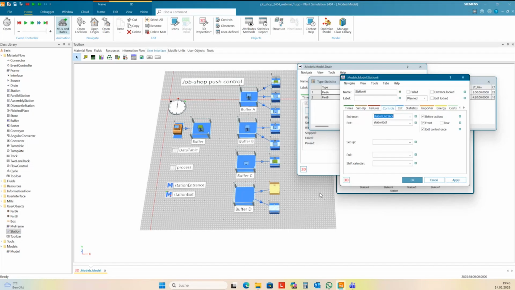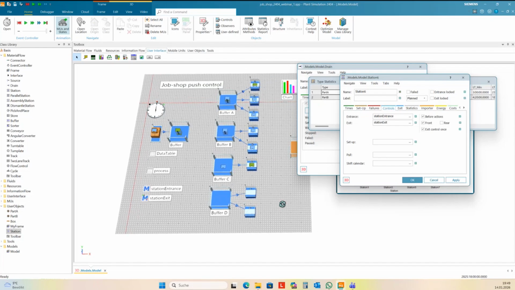If you have exact times, then you cannot use the event controller. Otherwise, the event controller will start the time. This is not the simulation we do here in discrete event simulation.